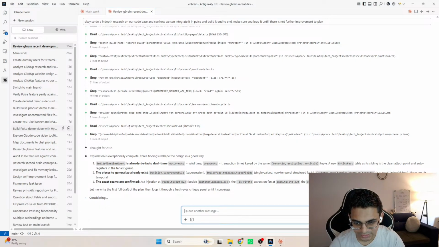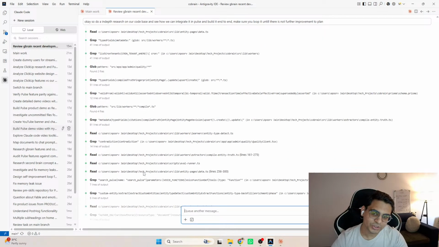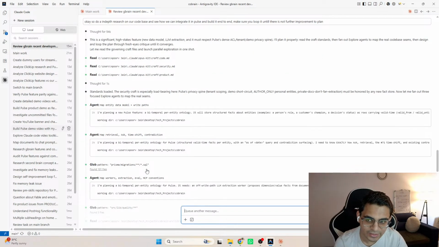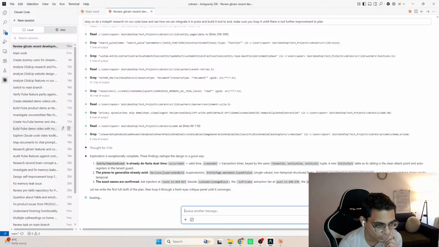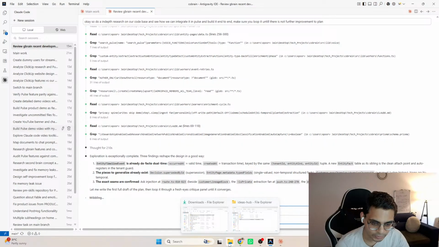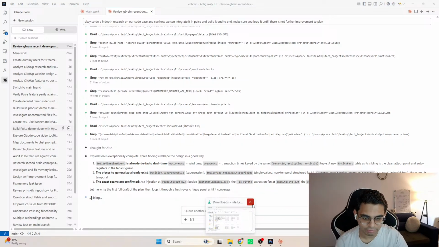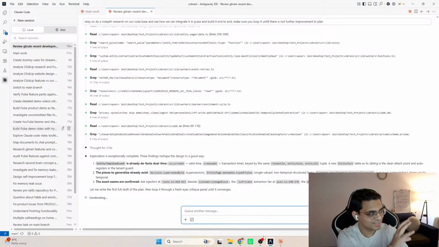This is another task that's going on. As I mentioned, this is still running, where we are trying to figure out how we can integrate it in Pulse. So it's just reading and going through our whole code base and figuring out what exactly we need. So yeah, now that we have a few agents running,